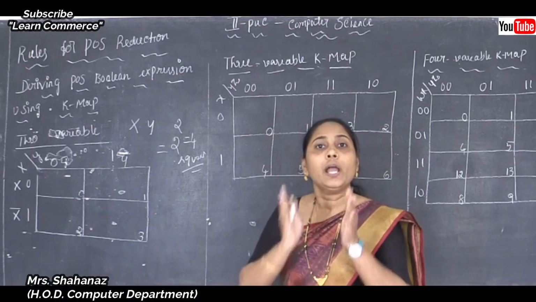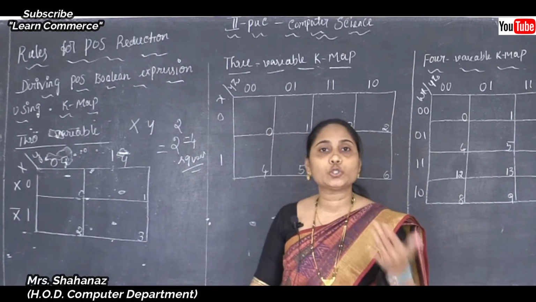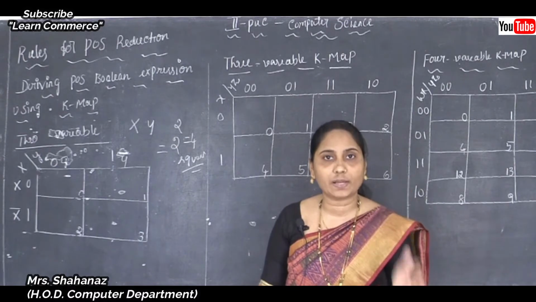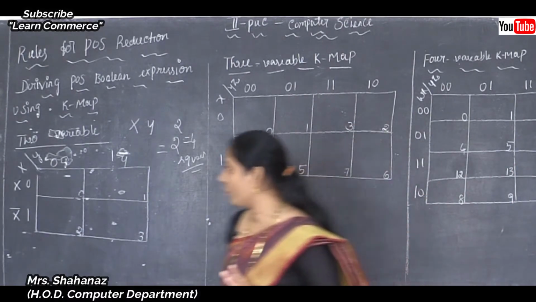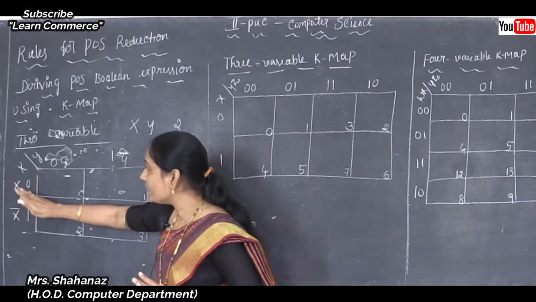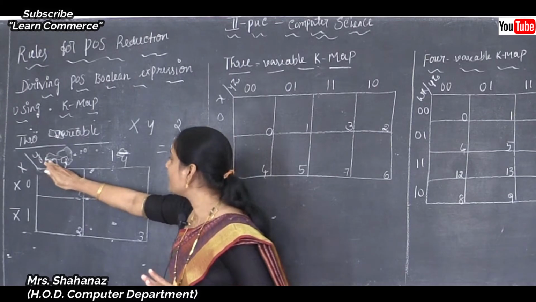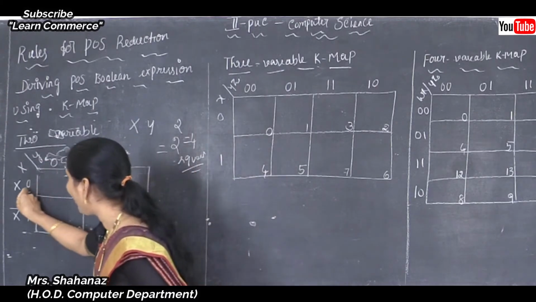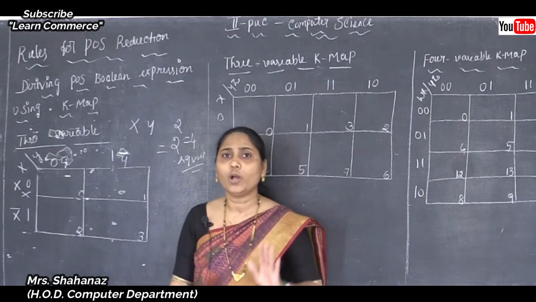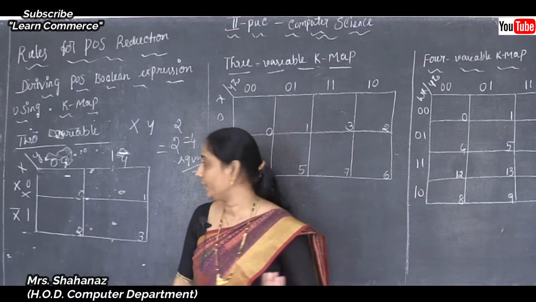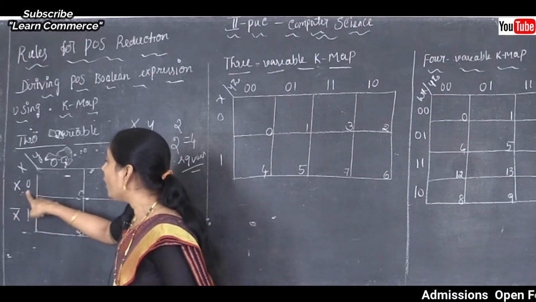By using the rule of the max term, I am going to complete the 2 variable, the 3 variable, and lastly the 4 variable K-map. The left side has 0 and 1, and at the top of the K-map 0 and 1. As I already said, for value 0 I am not going to use the complementation, and for value 1 I am using the complementation.